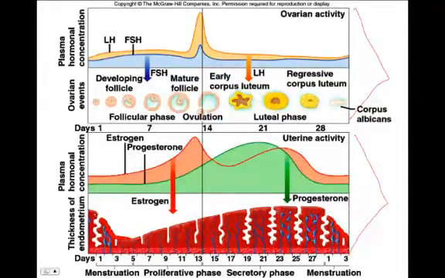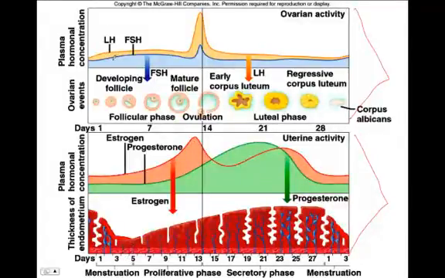Menstruation is, you can see here, the uterine lining is shed, and this diagram here is showing you the thickness of the endometrium. So during menstruation, as you shed that endometrium, the endometrium lining becomes thinner and thinner. And so then,